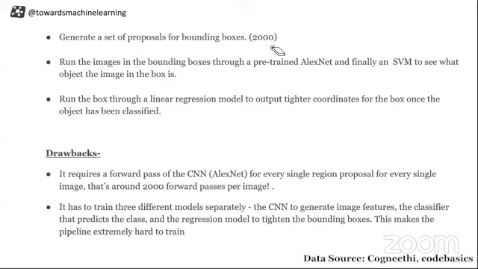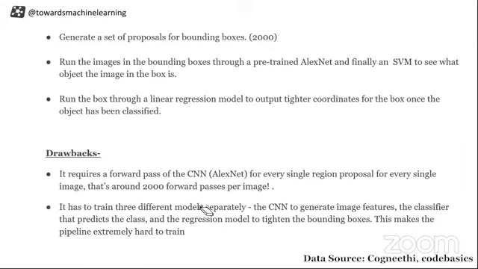And what is the disadvantage over here? The disadvantage is you have 2000 forward passes. Now imagine you have 2000 regions of interest, and you are passing them again and again to the CNN. If you don't use a region proposal method, you might be going for a sliding window. Now imagine how many windows the sliding window might give, if the selective search itself is giving 2000 regions of interest to perform well with the architecture. We don't want that our architecture should be invoked 2000 times for a single image.